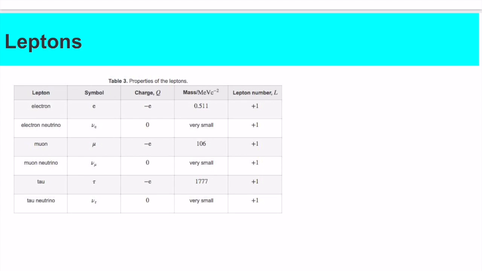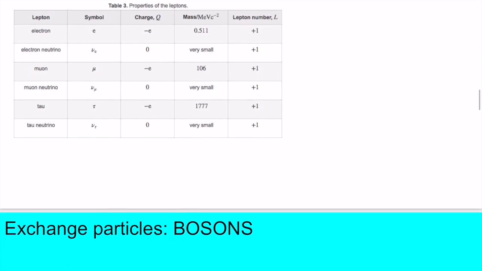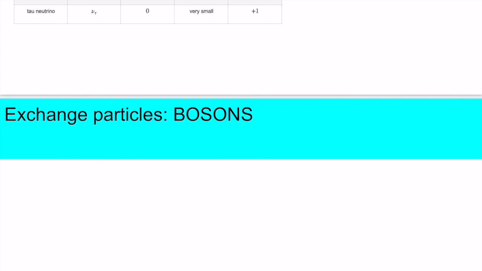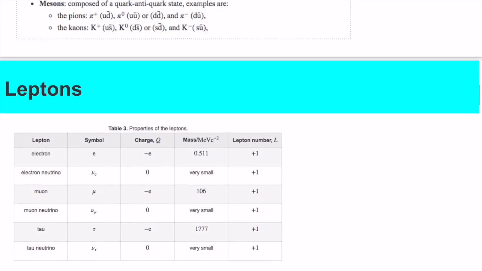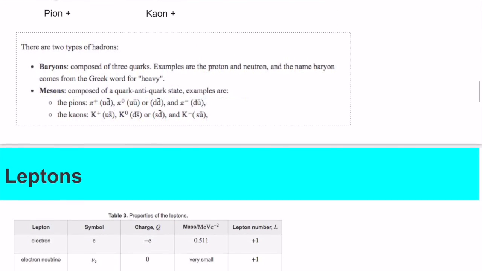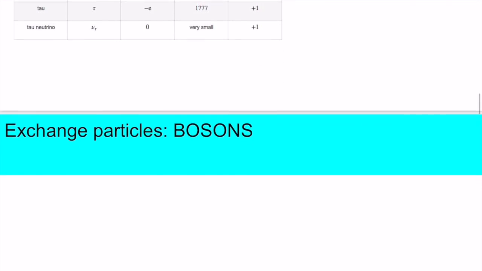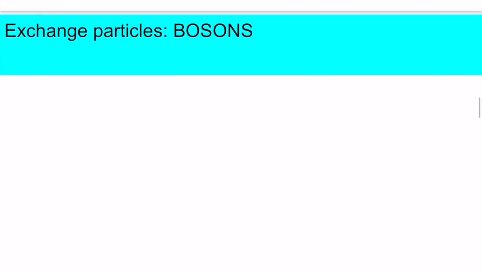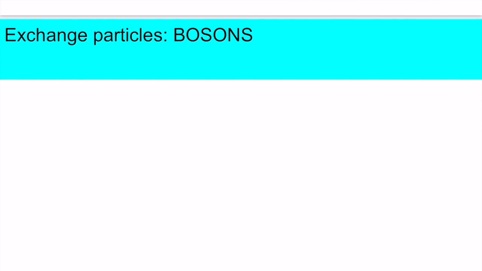Okay, so these are the big particles in nature, the small particles in nature, and then the forces, the exchange forces, the bosons. So in this model,